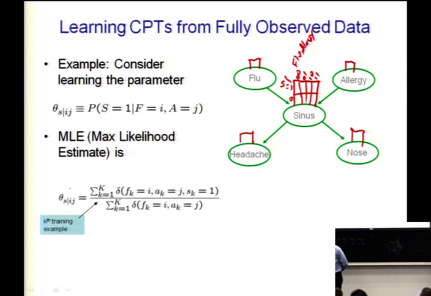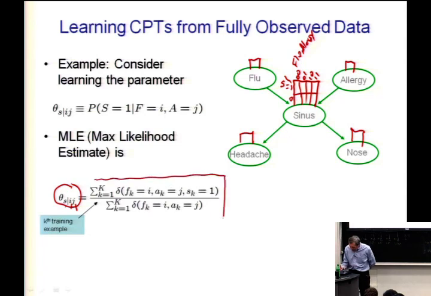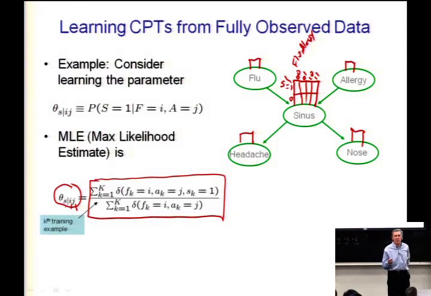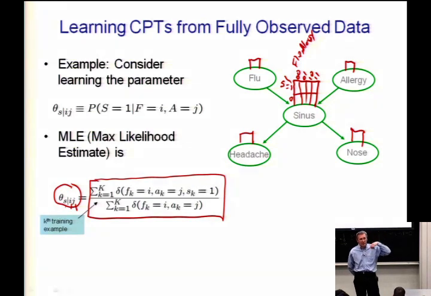And so if I use this symbol to represent the probability that S is 1 given that flu equals I and allergy equals J, then the maximum likelihood estimate for that parameter is exactly the same kind of maximum likelihood estimate we used when we tried to guess the probability of a coin coming up heads, or when we tried to guess the probability that X sub I in our naive Bayes classifier would be 1, conditioned on its parent in the Bayes net, conditioned on Y, right? And so